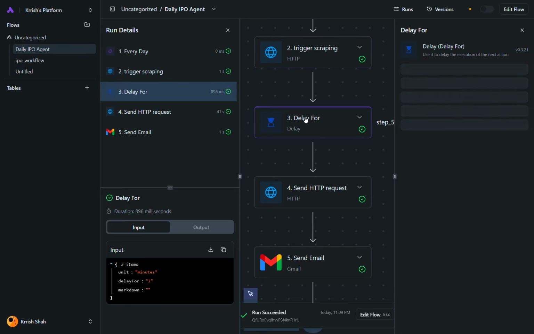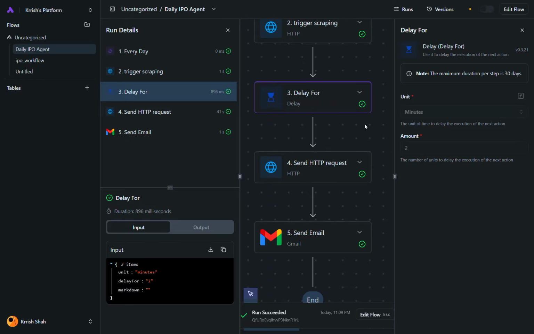Here the delay part comes into the picture, because the backend server which I use is on Render, which takes at least 60 to 75 seconds to wake up. If it stops working, it takes 60 to 75 seconds to wake up, and it stays awake only for 50 seconds in inactive mode. That's why this 2 minute delay is only there to make the server wake up and get ready